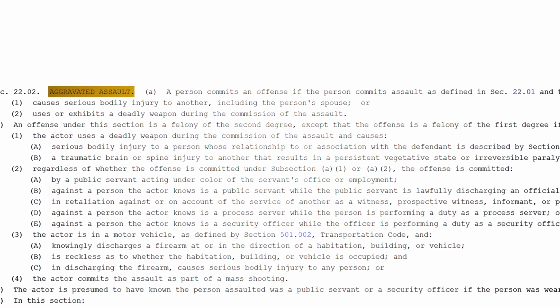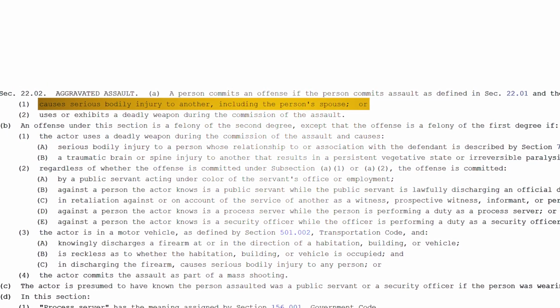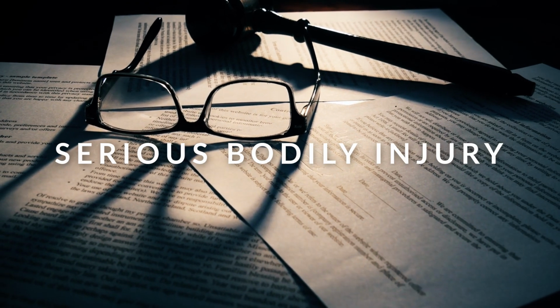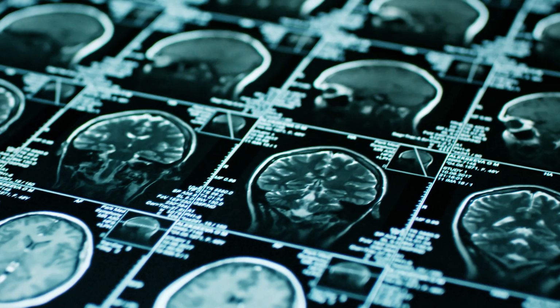Let's move on to Penal Code 22.02. This addresses aggravated assault in Texas. Aggravated assault occurs when a person causes serious bodily injury to another person or uses or exhibits a deadly weapon during an assault. Serious bodily injury refers specifically to injuries that create permanent disfigurement, long-term impairment, or injuries that create a substantial risk of death. So these are different than bodily injury, where there's only a requirement that the person say it caused them pain. Once it rises to the level of, hey, this could leave a permanent mark on them, scarring, disfigurement, we often think about broken bones, surgery, or certainly anything that would create the substantial risk of death.